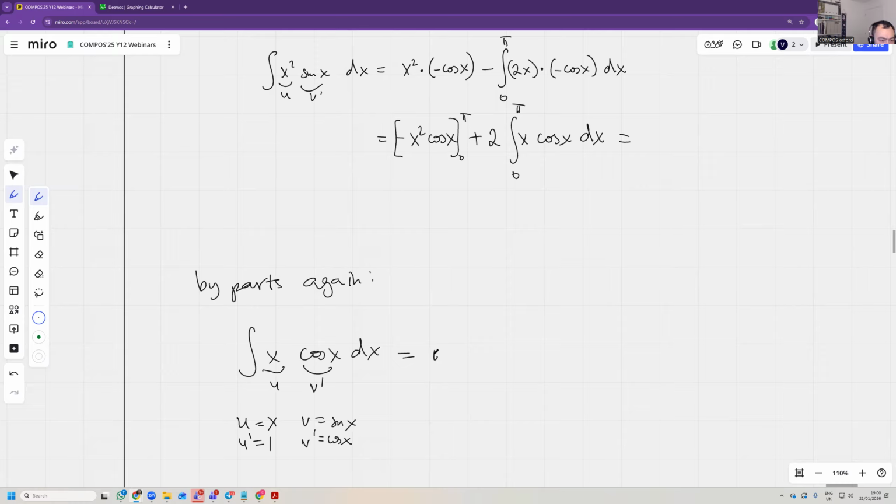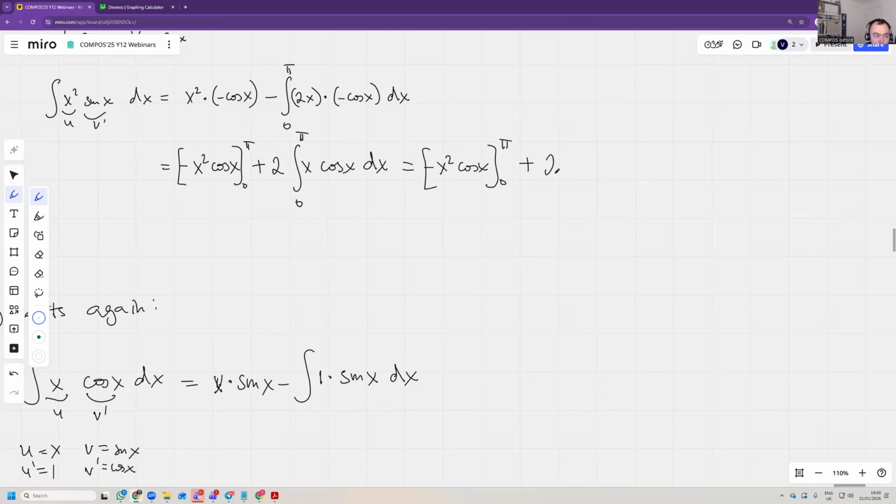So that would be x multiplied by sine x minus the integral of 1 multiplied by sine x dx. So this is minus x squared cos x from 0 to pi